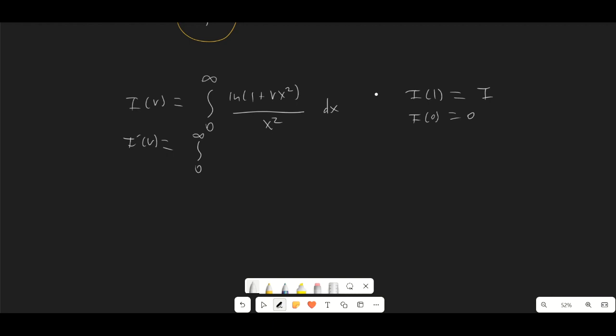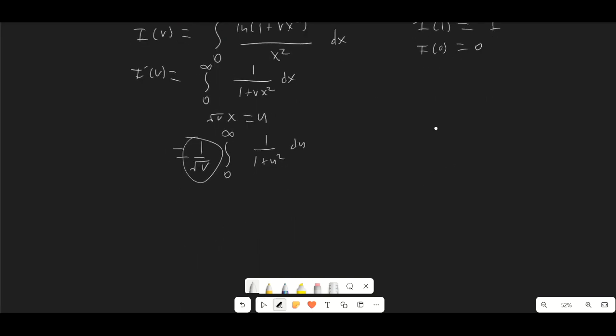Now from chain rule, the x squareds cancel, so we just get 1 over 1 plus v x squared dx. Then we substitute root v times x equals some variable u, and then we'll get 1 over square root v times the integral from 0 to infinity of 1 over 1 plus u squared du. This just came from calculating the differential. And so overall, we're going to get that I prime of v equals pi over 2 square root v,